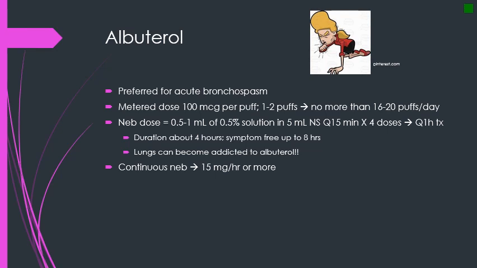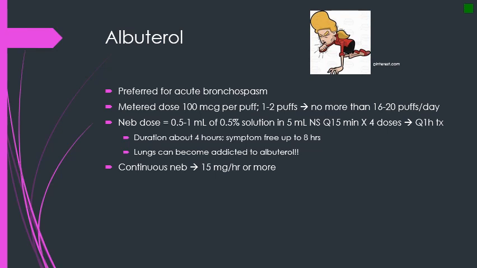A neb dose is 0.5 to 1 cc's of a 0.5% solution. You mix it in 5 cc's of normal saline and administer that every 15 minutes times 4 doses for an acute bronchospasm, and then they can have treatments every hour. Typically it lasts about 4 hours. Patients have been known to remain symptom-free for up to 8 hours, but again, you may end up giving multiple doses to relieve that bronchospasm,